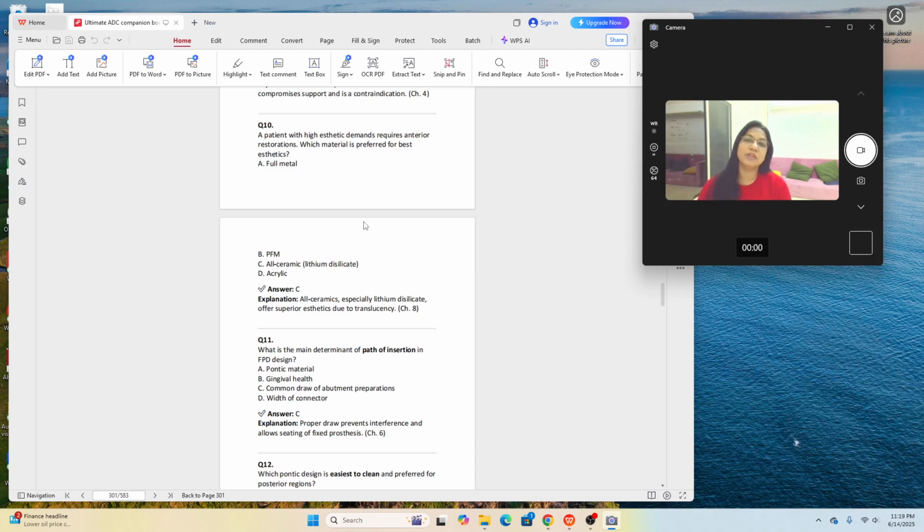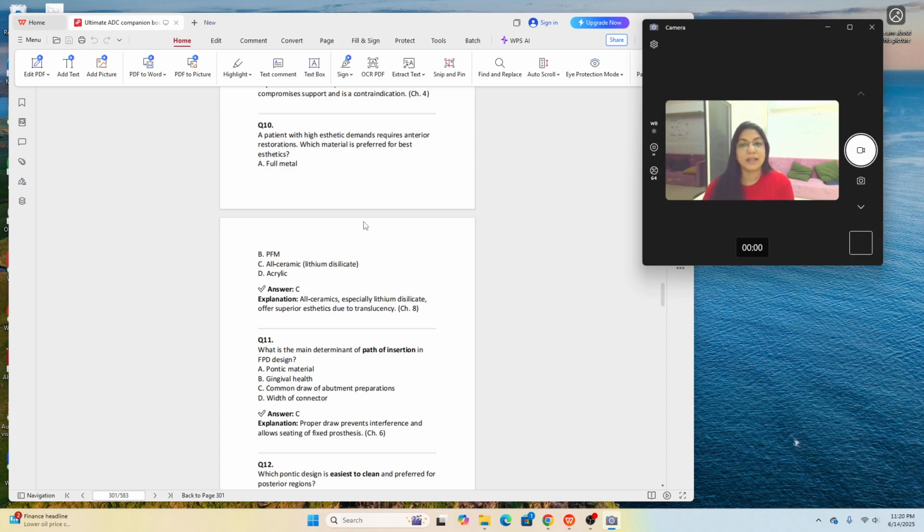PFM, porcelain fused to metal, used to be done earlier when all ceramic crowns were not that available. The only thing that you were taught and the labs had was metal onto which porcelain was layered and compacted. But with the advent of monoblock zirconia and lithium disilicate crowns, with superior aesthetics and lesser preparation of the tooth, because even thin material can withstand a lot of pressure, all ceramic lithium disilicate is the option of